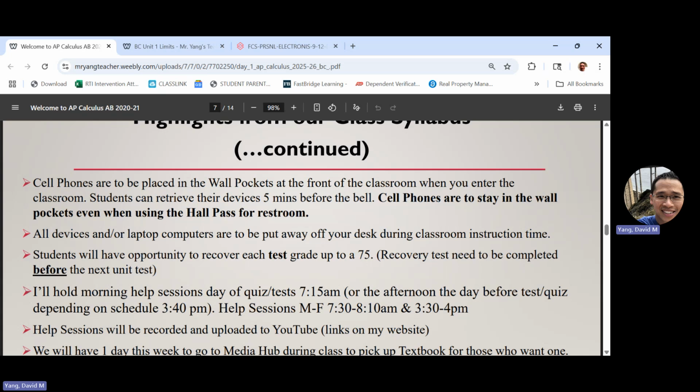And I will record that help session. You can also come in the morning. You can also join in through Teams. And usually I will send out a Remind text, like, 5 minutes before the session starts, and you can join online if you're not able to come in the morning. But it'll also be recorded. And it's very much the same as the help session from previous year. So you can also access the video from previous year and go through the worksheet if you want to do it the day before. So I usually have a dedicated worksheet for the test review, morning review.